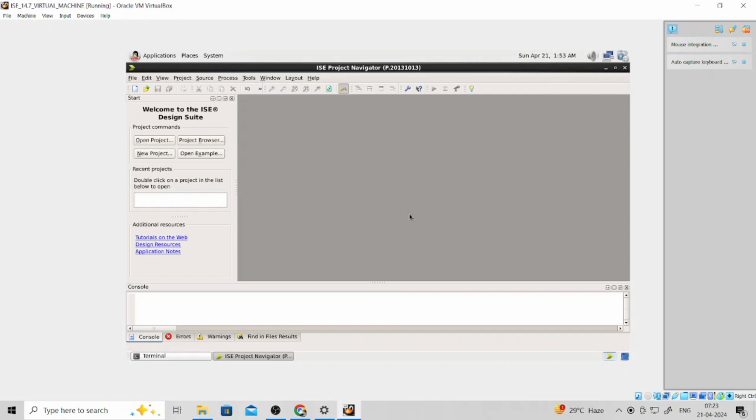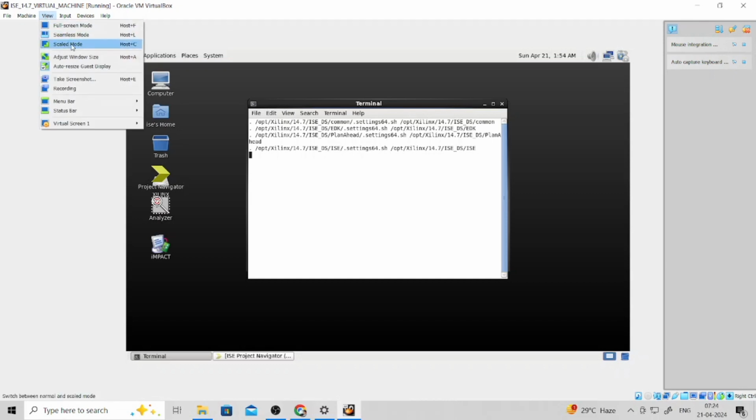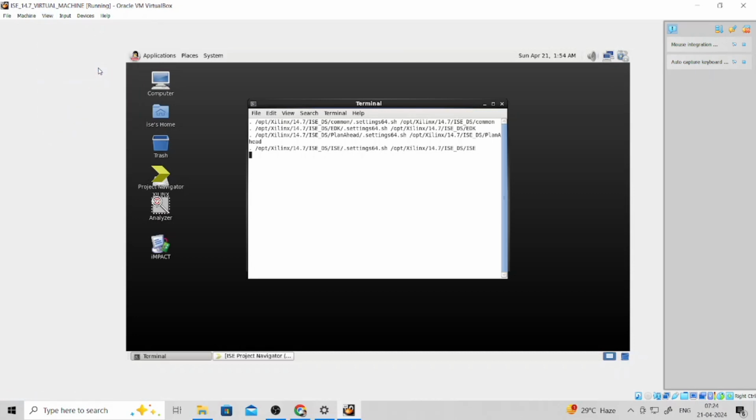Okay, this one is not fitting to your desktop. So what you can do here is go to View, so that it will adjust according to your screen. First of all, minimize this, and then at the top left corner you will see the View option. Go there, and here I think it is Adjust Window, no, Auto-resize Guest Display. So here if you click,